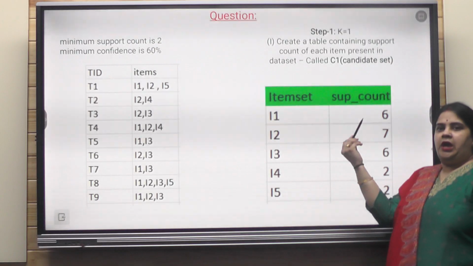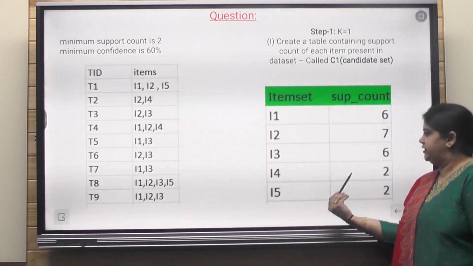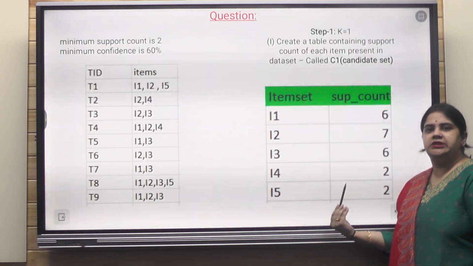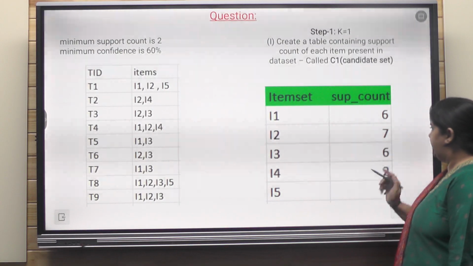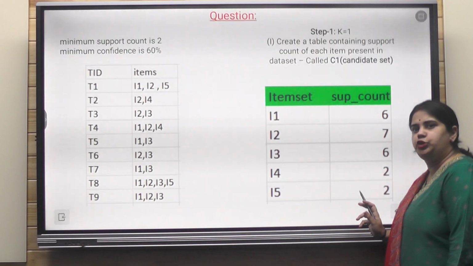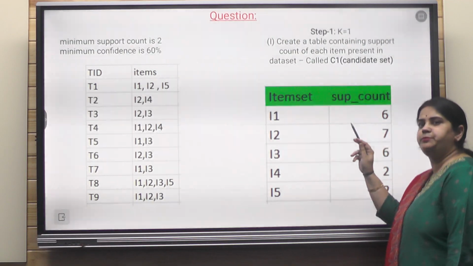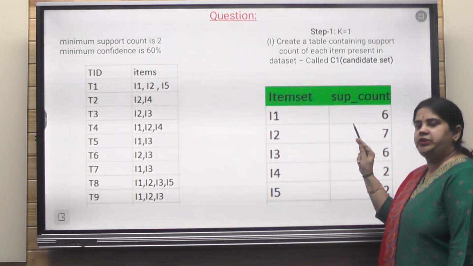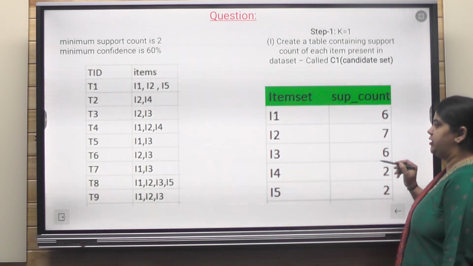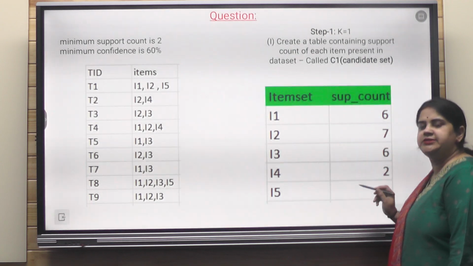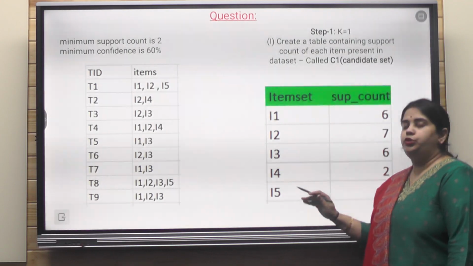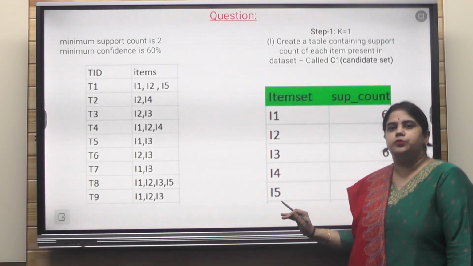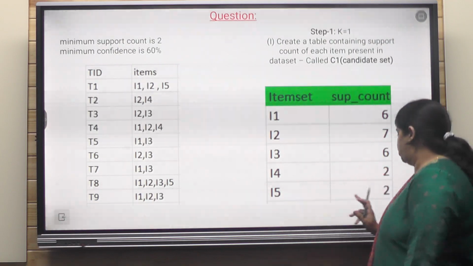Let's see how many items do not meet the threshold value. We can see here that every item ensures the value 2, meaning they have been purchased at least 2 times. So every individual item ensures the support count, and the conclusion is that no item is going to be pruned in this iteration.